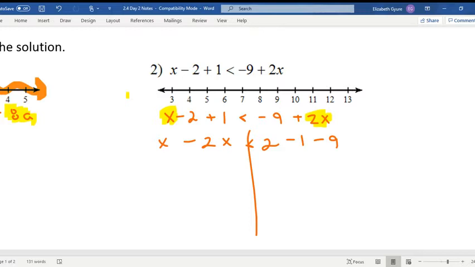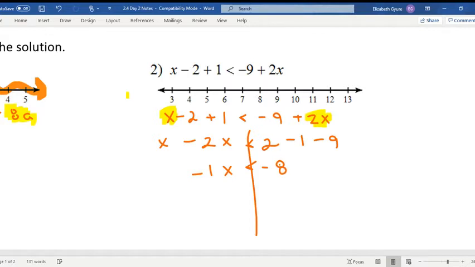Remember, be careful with your negatives here. If you have x minus 2x, that's like 1 minus 2. And 1 minus 2 is going to be what? Negative 1x. Yes, so negative 1x or just negative x. Either way you want to write that. If the negative's there, it might actually help you to put the 1. Okay? So negative 1x is less than, and then 2 minus 1 is just 1, and 1 minus 9 is